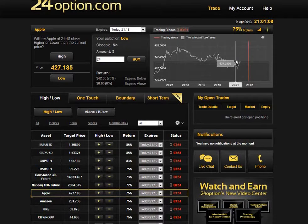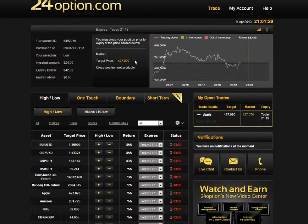Now the refresh rate of the graph is also really good. It refreshes constantly. Remember, this is a web-based platform, it's not a live feed, so you can't get millisecond refreshing, but still the refresh rate is very good. Let's just do, let's say, buy. Now,